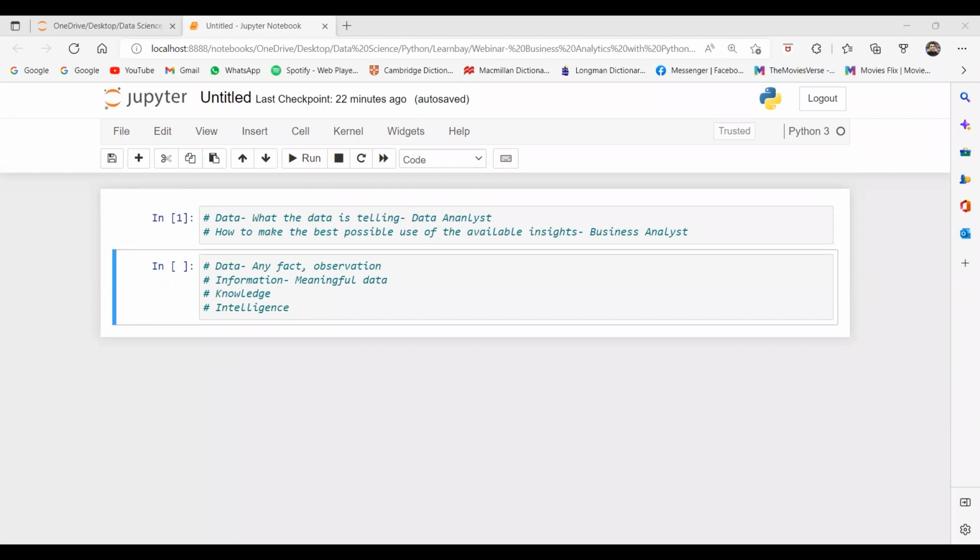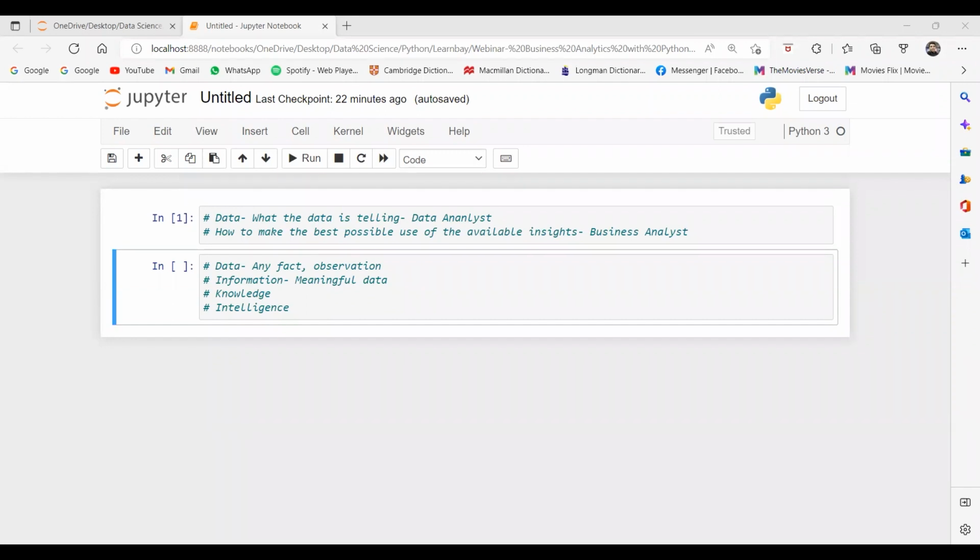So now comes the point that we are all a bit confused about: the difference between a business analyst and a data analyst. Try to understand. A data analyst generates insights from the data, and the business analyst uses that data to make recommendations and decisions. Agree with this? So basically, is the business analyst more technical than the data analyst? The data analyst is more technical because he has to dig deeper into the data, but the business analyst has both technical as well as managerial skills. Are you getting my point?